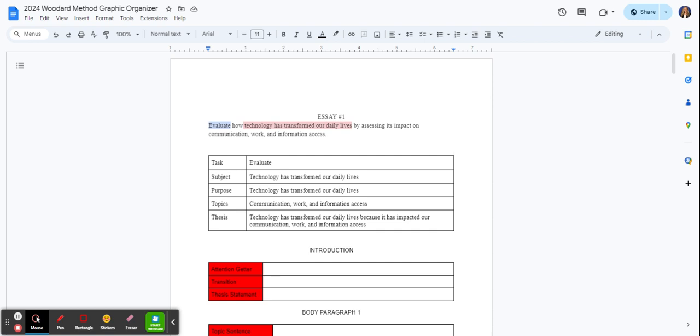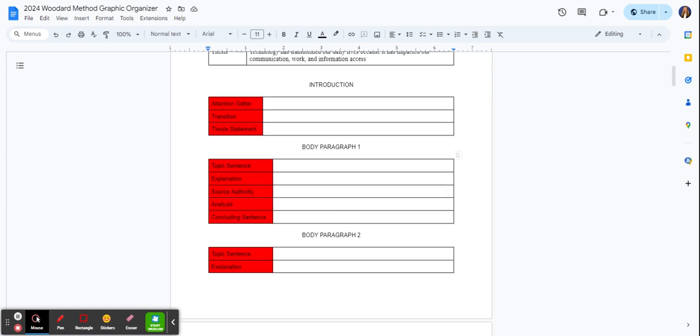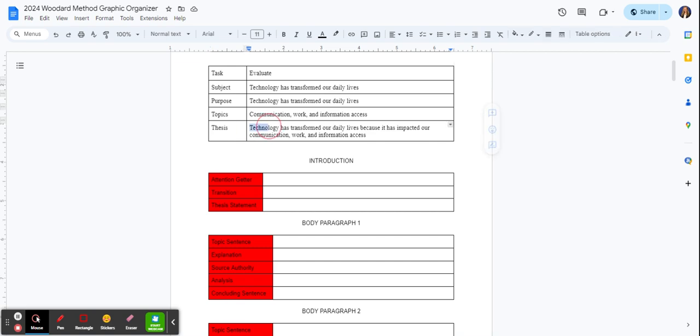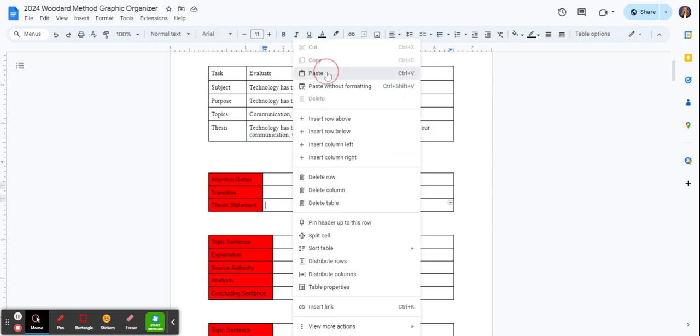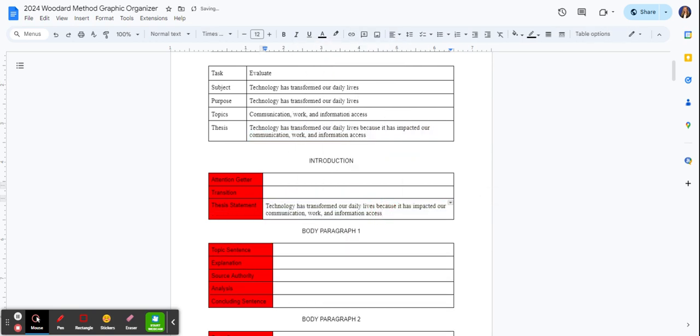When we combine it together to make purpose plus topics, we end up with the following thesis. Technology has transformed our daily lives because it has impacted our communication, work, and information access. And now what you're going to do is take the thesis statement that was created, copy it, and simply paste it into your graphic